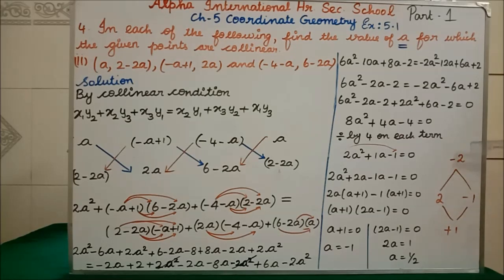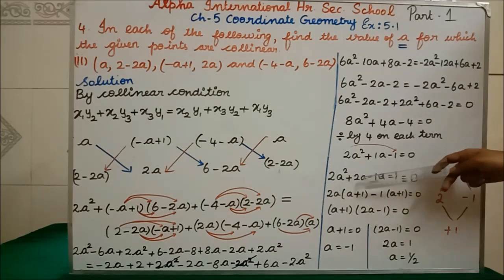So I have told you many times, in top, if you are having minus, the smaller number surely will get minus. I have told you, isn't it? Similarly, in down, if you are having minus, that bigger number will get minus. Since in up we are getting minus, the smaller number we are having minus. 2 into minus 1 is minus 2. 2 minus 1 is 1. We are getting correctly. So how we have to write? This 2a square you have to write here plus 2a and minus 1a, this minus 1 equal to 0.